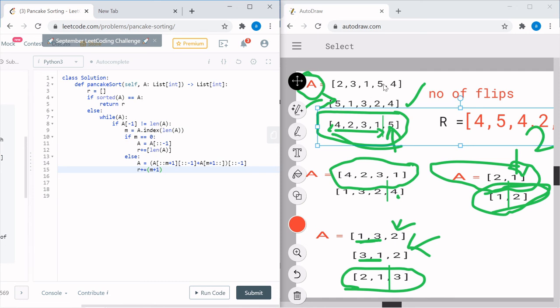That was one flip, the m plus 1 flip. And the second flip was this thing, to flip the entire array, the length n flip. I need to return the array and return the number of flips.